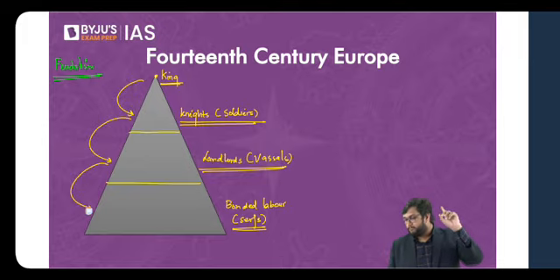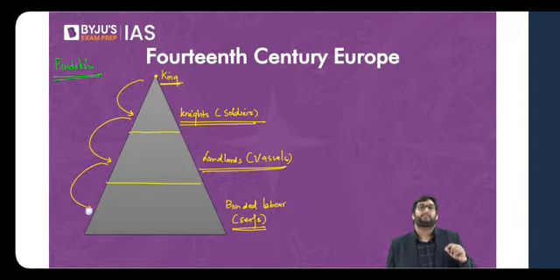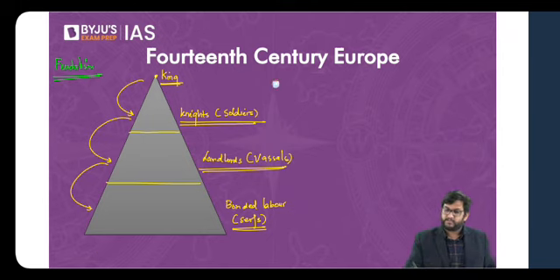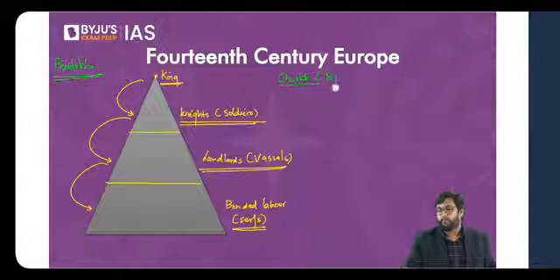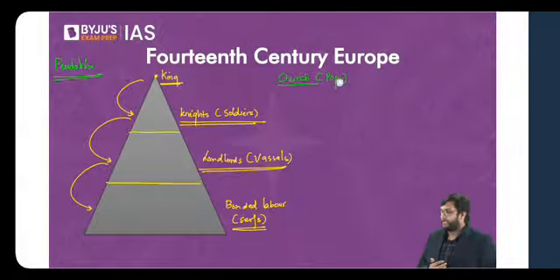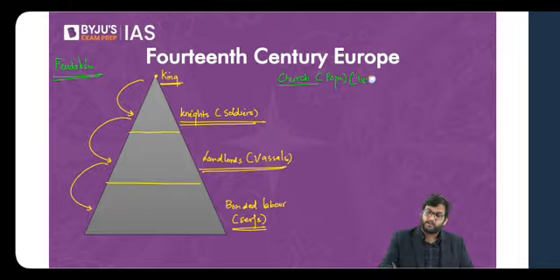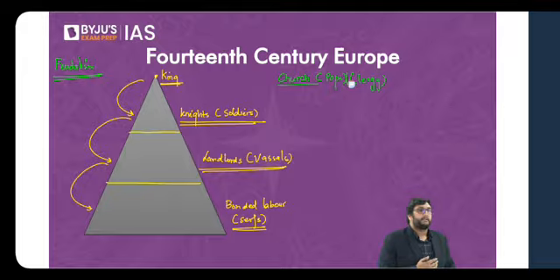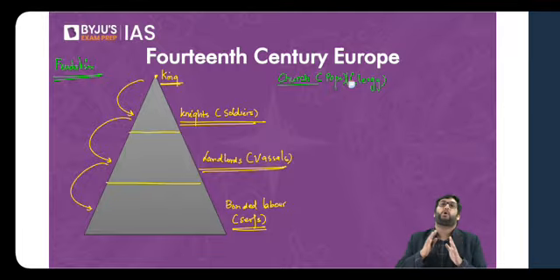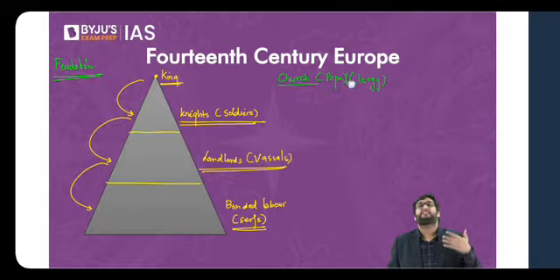But there's also one more actor which is not part of this structure but is very, very important, which is the church, and which we call the Pope. So you know that the Pope, or the clergy, as a lot of you pointed out, very good, clergy. The Pope basically is the religious head of all Christians in Europe as of right now. And clergy is basically church bureaucracy.